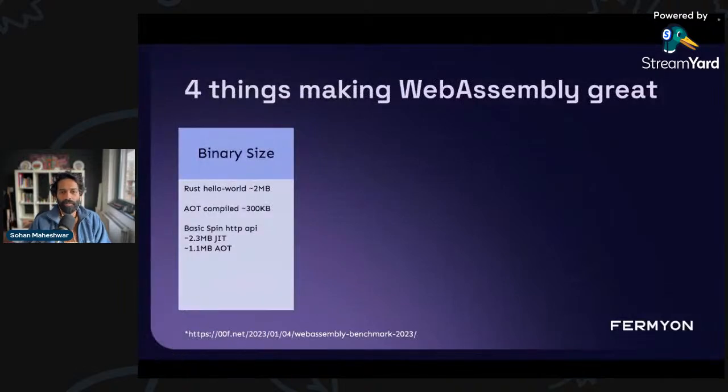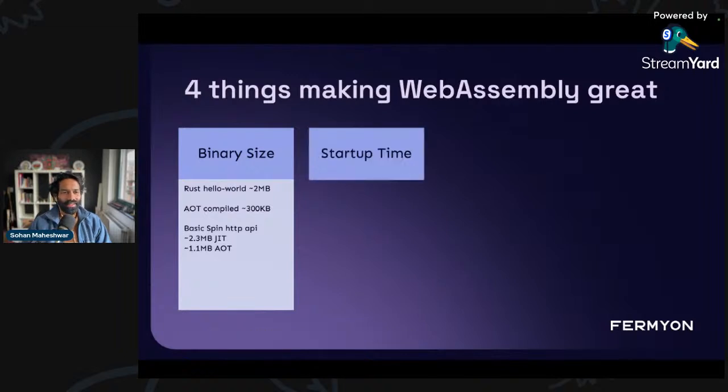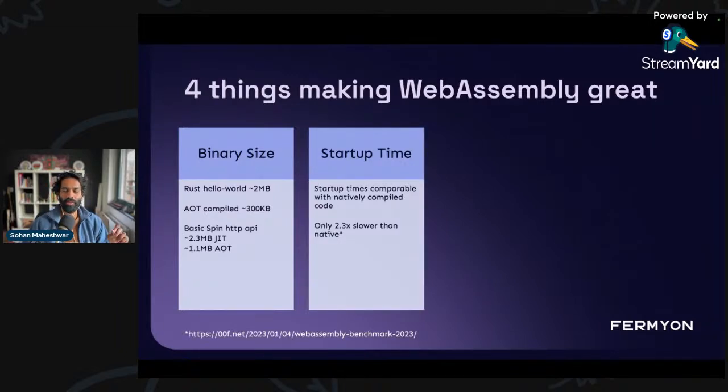yeah, there we go. So the binary size is one of the things that is making WebAssembly pretty cool. The second is startup time. Now, WebAssembly was designed from the ground up to be very performant. And all of the decisions that the original creators took were keeping in mind things like performance. So for instance, it has a reduced instruction set compared to so many of the other bytecode formats and languages out there, which already make it smaller and more performant.